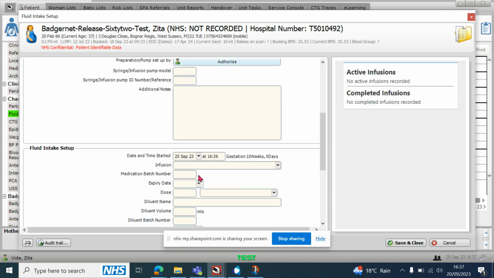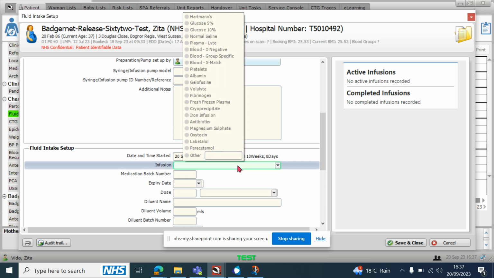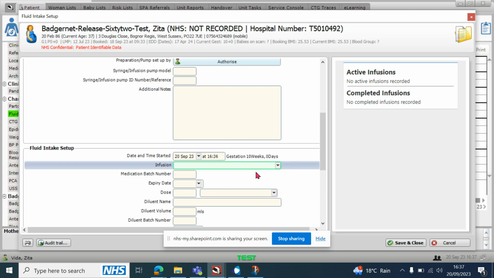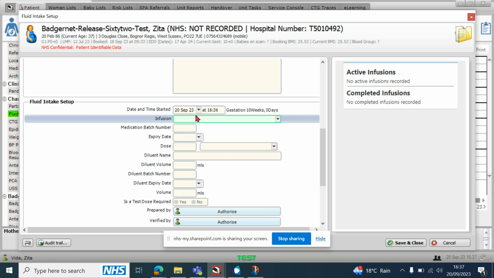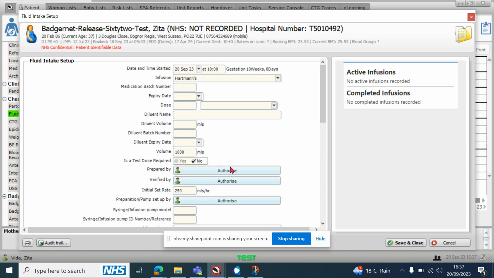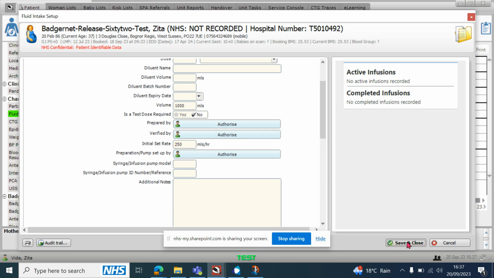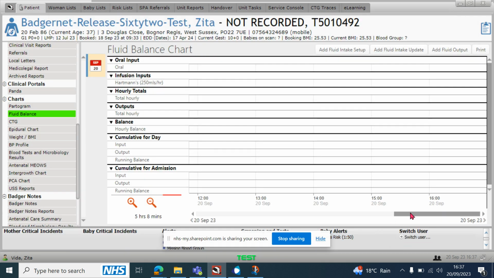You have the option of adding a second intravenous fluid at the same time. So if you are starting Hartmann's and maybe syntocinon at the same time, then you can do that and set them both up at the same time, documenting that you started both at the same time, but perhaps with different times started. So once you have completed the first part of the form, click Save and Close, and you will see